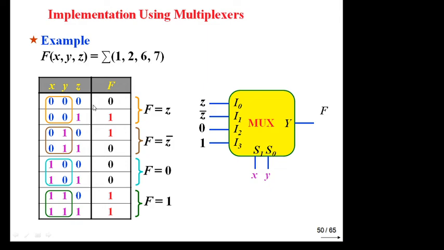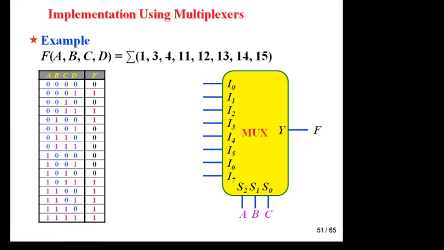Here this is 0 1, the same 0 1, so Z, and this is 1 0, the complement. In this case both are 0 0, so 0, both are 1, so 1. In this way you can implement any higher order function by using a lower order multiplexer. Similarly, if you have to implement a full adder or full subtractor, you can try first for sum and another one for carry. 2 multiplexers will be required.